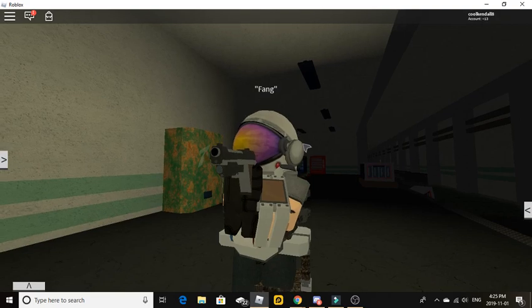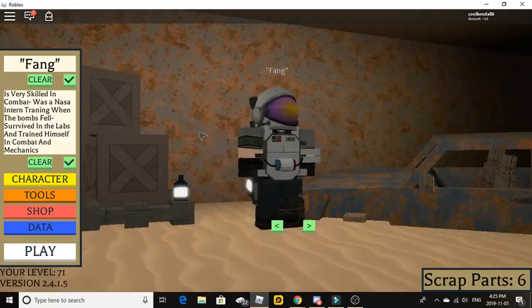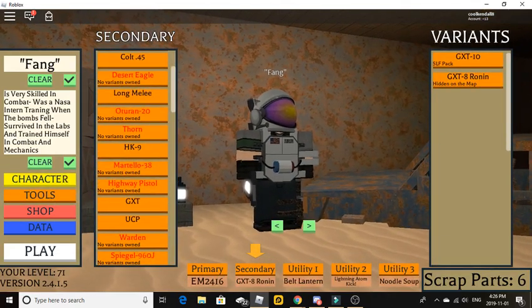Usually flashlights just work with the press of F. But yeah, solid handgun. I give it a 9 out of 10. It's really nice. Now let's move on to